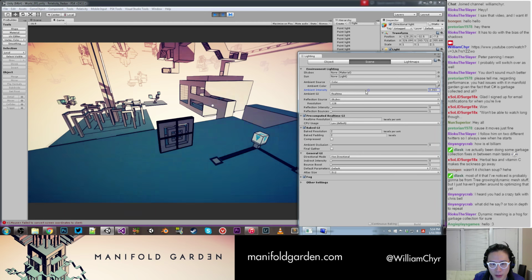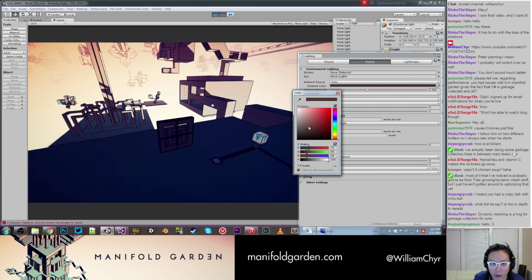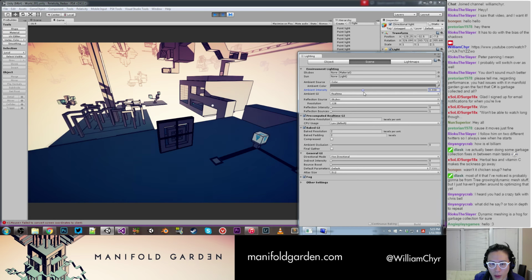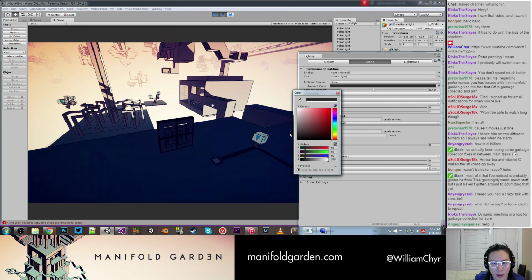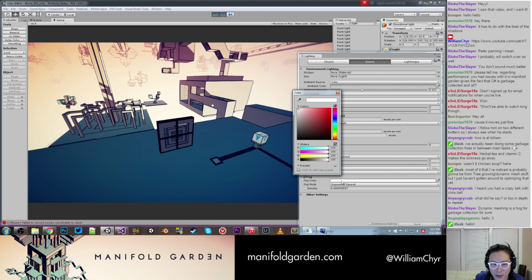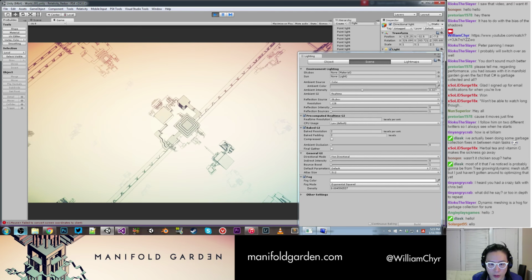So this is the key part, right? It's lowering the ambient intensity or changing the ambient color. I think they do more or less the same thing. And with ambient color, I don't actually add any color. The problem with this is, and I'll show you now,